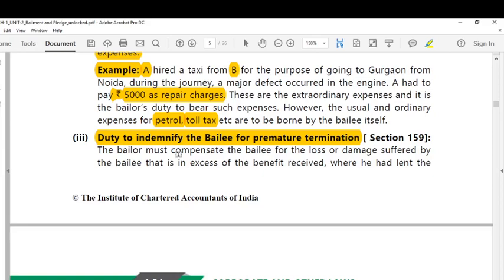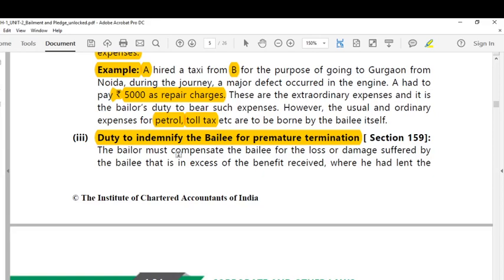So the bailee can make use of that car for a 1 year period, presuming that the bailee spent, say, 1 lakh rupees for its routine maintenance. So after 1 month, the bailor came back and asked to return that particular car to him by terminating that contract prematurely, within a period of 1 month instead of 1 year.